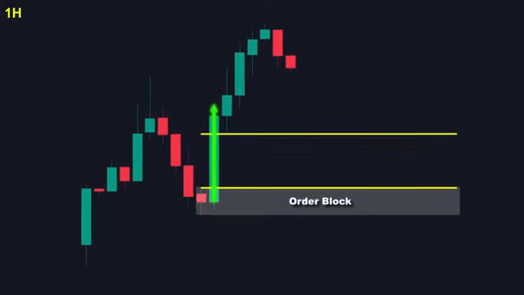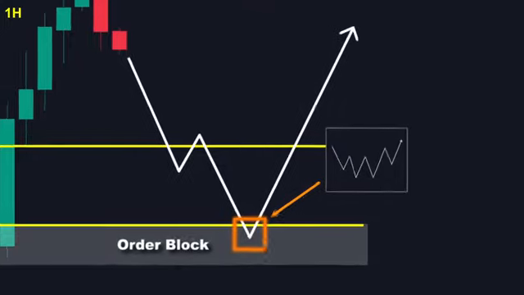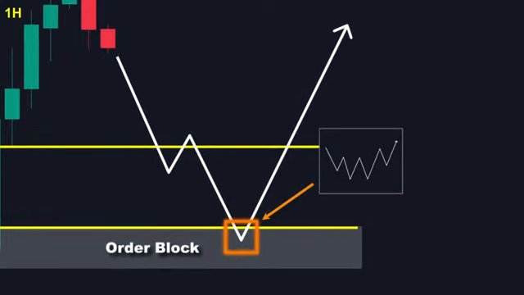When the market enters this phase of inefficiency, it typically returns to the fair value gap area to fill that imbalance. A conservative approach that has proven incredibly successful is to wait for price to enter the order block zone before opening any position. An even more cautious method that maximizes your edge is to zoom into lower time frames, look for those specific reversal confirmations, and then execute the trade with precision timing.